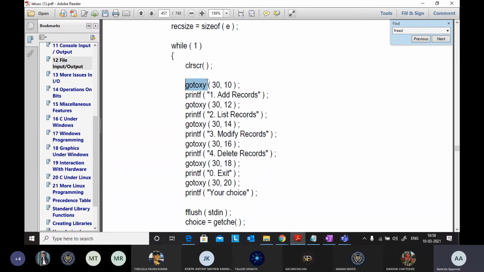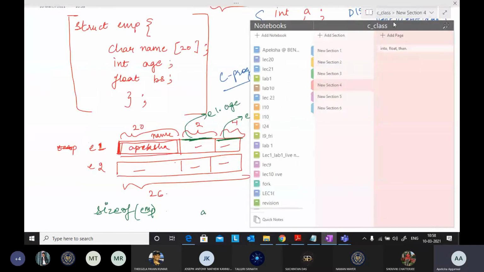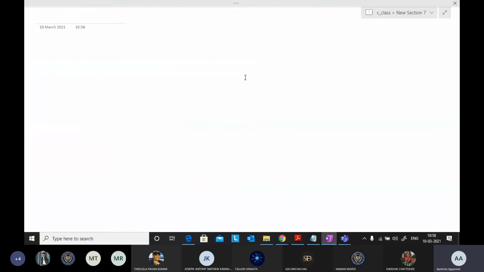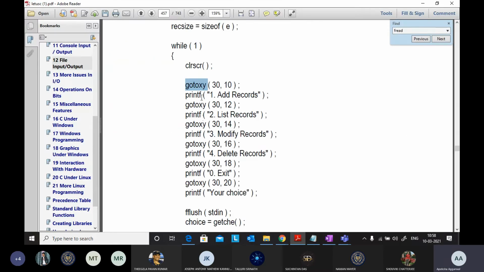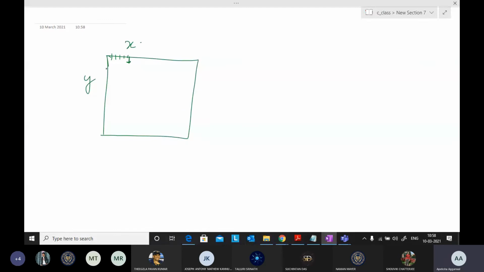Now gotoxy is nothing but this: this is your screen, this is the x-axis, this is the y-axis of your screen. So counting 1 2 3 4 5 6, the 10th position, 30 comma 10 means the 30th position on x and 10 on y.